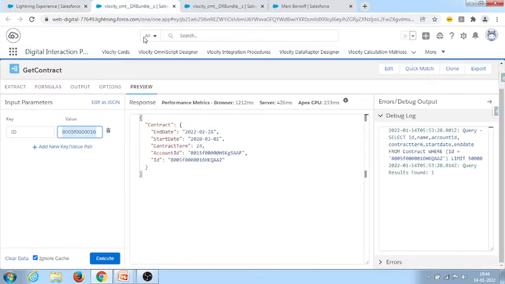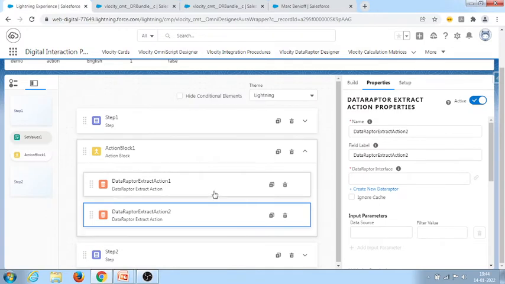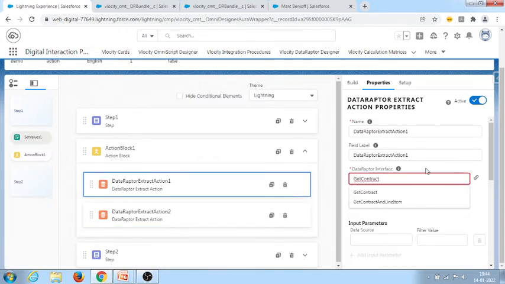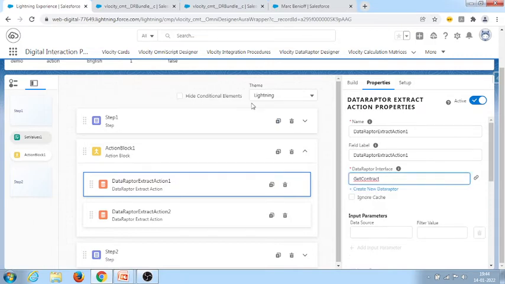One is to get the contacts, and one is to get the contract. I'm placing this contract, and I need to pass ID here as a filter value. Whatever value is present on the data raptor, I need to give that here.